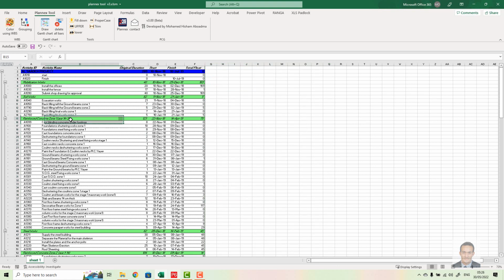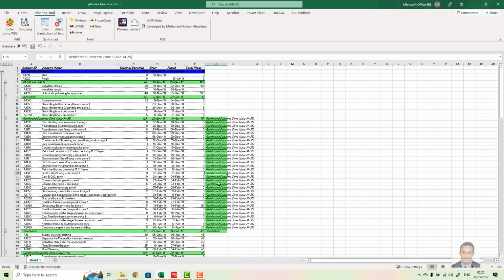For example, if I copy this one, the activity, here, and I need to fill down this gap with the WBS, what I have to do is select this area and fill down.